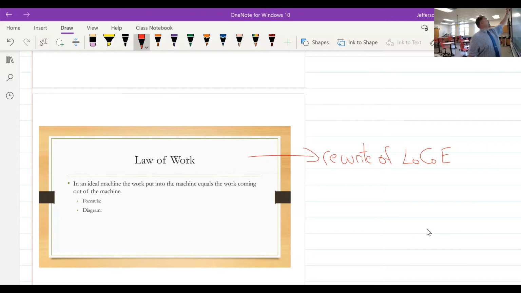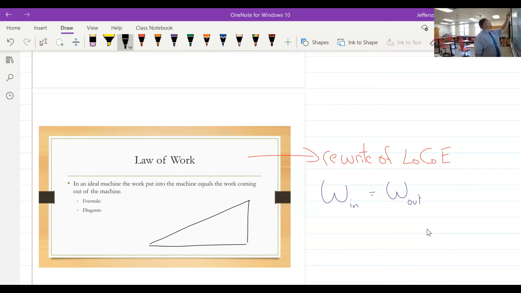And so our law of work for ideal machines states that the work that we put in, W sub in, is equal to the work that comes out of the machine, or W sub out. So you hear me say this, W in is equal to W out. And if we were to look at this in terms of a diagram, we'll do the inclined plane,